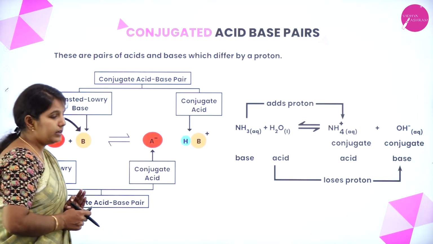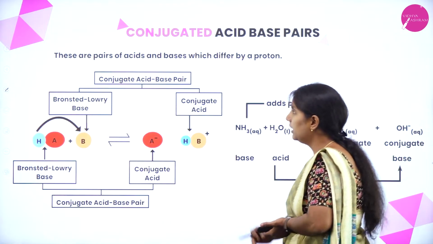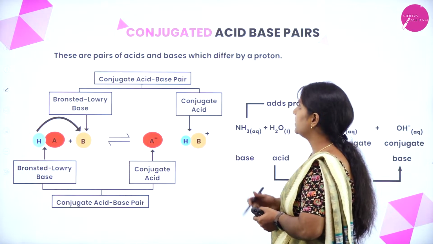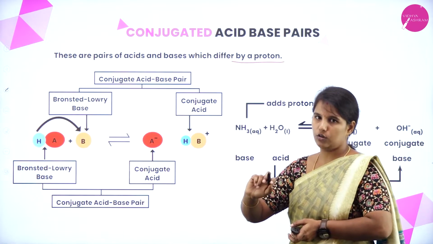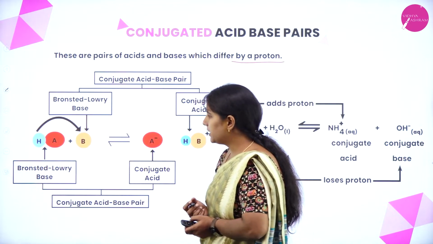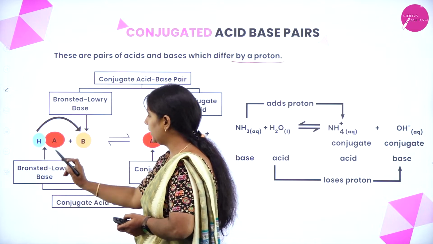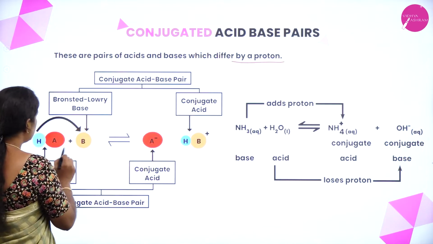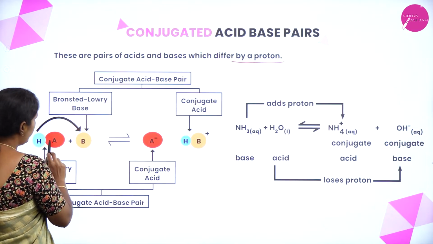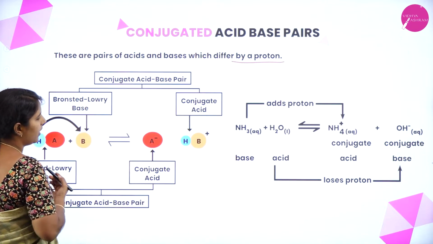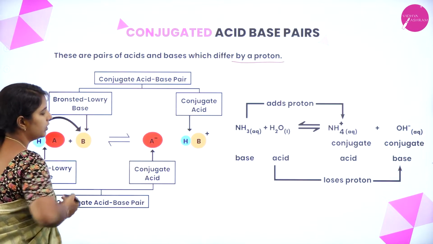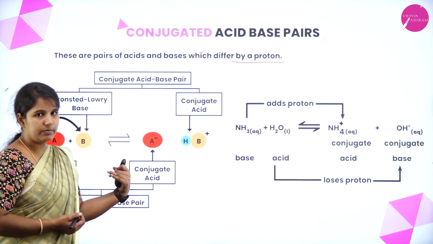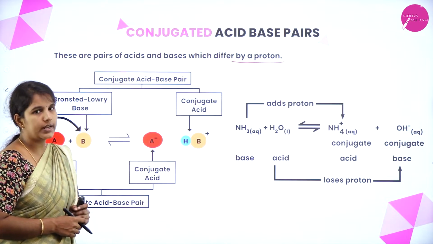Conjugate pairs we will understand by looking at an example. Then, what is a conjugate pair? These are the pairs of acids and bases. They differ just by a proton. So we'll take up an example. This is a Bronsted-Lowry acid and this is a Bronsted-Lowry base. You can see that this is my acid and this is my base. We know that an acid is a substance which is going to give a proton. Hence, it is known as what? Conjugate base. Whereas a base is a substance which can easily accept the proton. Hence, it is an example of a conjugate acid.